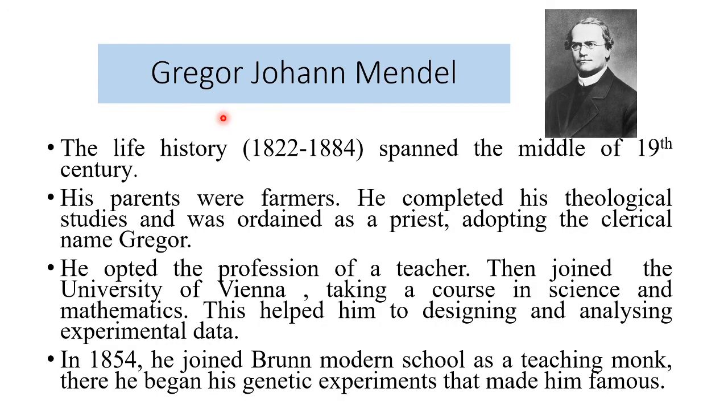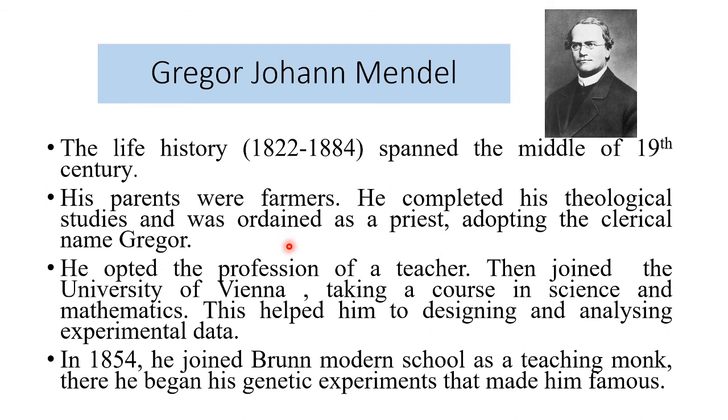Gregor Johann Mendel is known as the father of modern genetics, and he was an Austrian monk who discovered the basic principles of heredity through crossing or hybridization experiments in garden pea plants. And these experiments provided the foundations of our current knowledge of how genetic material is passed from parents to the progeny. His life history spanned the middle of the 19th century, and his parents were farmers, and he completed his